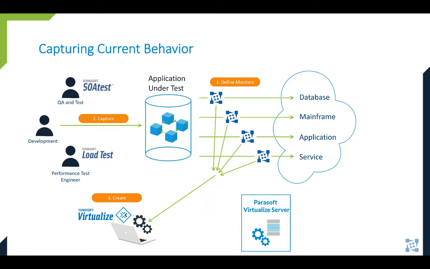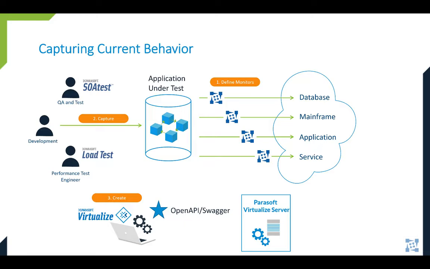And that virtual asset includes responders that will return data in the same way that the live resource responded to those same exact requests. And Parasoft Virtualize does all of this for you, and they can be completely customizable or as simple as you need, depending on what you need. And I'll demonstrate creating these later in our demo. Now, with version 2021.2, you have the ability to create virtual asset skeletons using OpenAPI Swagger documents. So if you don't have the recordings available to you, then a significant part of the setup is taken care of for you, and I'll demonstrate that later as well.